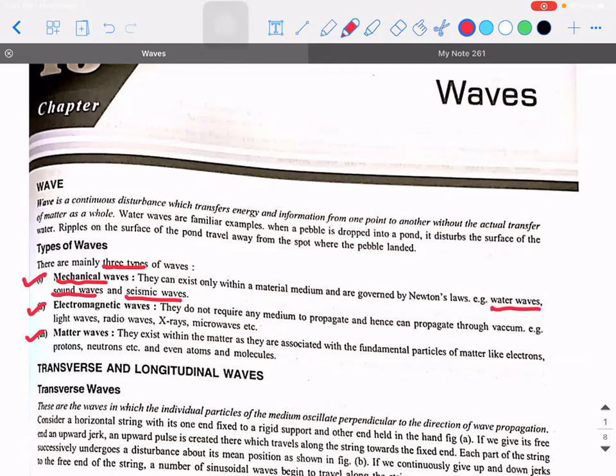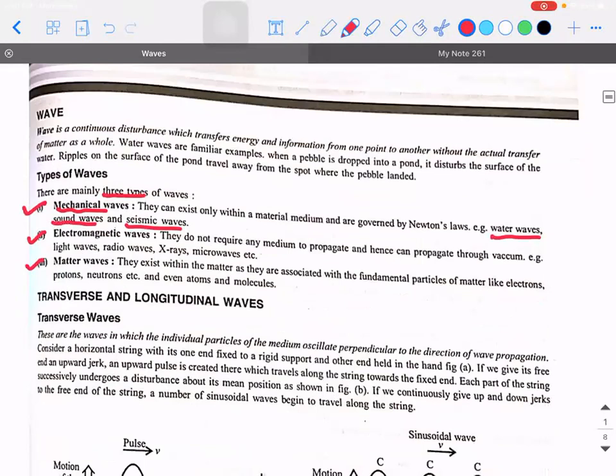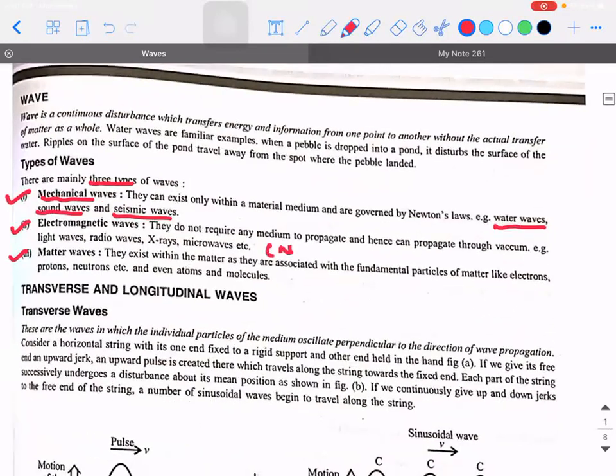Okay. So what will be an electromagnetic wave then? It is also called as a non-mechanical wave. So waves which do not require any material medium for propagation, that is, which can travel through vacuum as well, are called as non-mechanical waves. The examples are all electromagnetic waves like light waves, radio waves, X-rays, microwaves, infrared, ultraviolet. All these are examples of non-mechanical waves because they all form an electromagnetic spectrum.